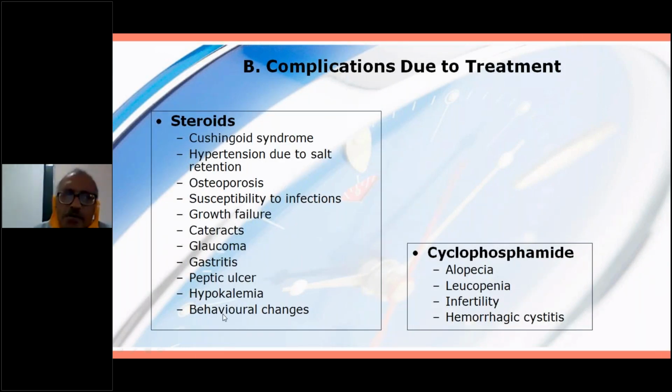Complications of steroids are very commonly asked, whether it is here or asthma, whatever it is. So you remember at least out of these 10, 4 or 5 extempore you must be able to say. Cushingoid features, hypertension, osteoporosis, susceptibility to infection, growth